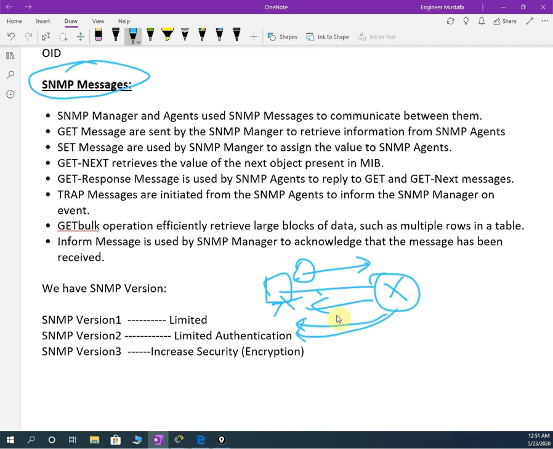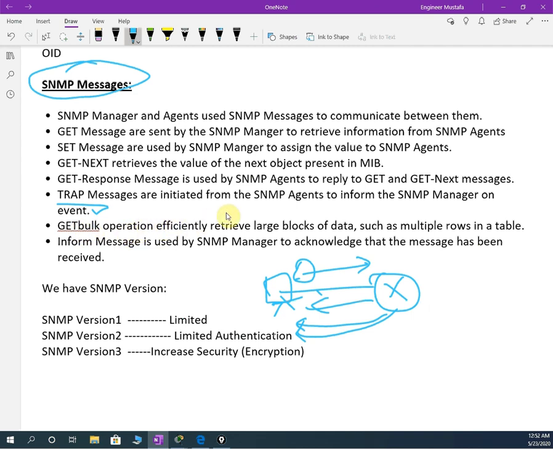It will say the interface is down, even though it is not present in your question, because it is saving that information. We get that information with the trap message. Trap messages are initiated by the agent to inform the manager of an event. Any event that happens, the agent can tell us about the problem by the trap message. Okay, and a get bulk message is also there.